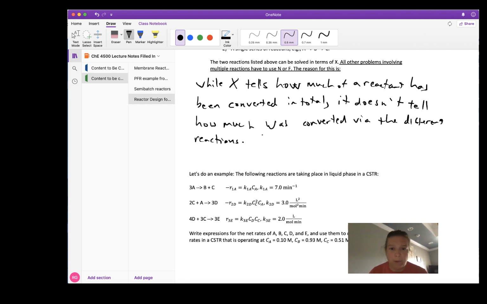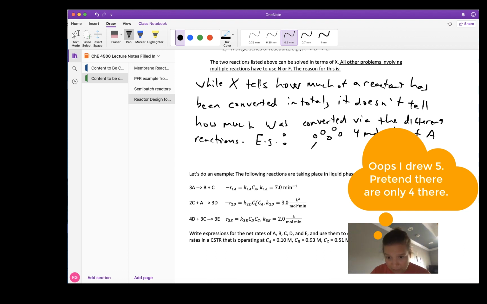So for example, if I have species A, and we'll say that species A are these molecules here, and I have initially 4 molecules of species A,